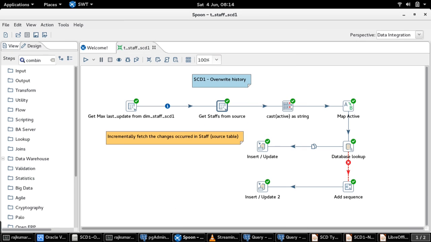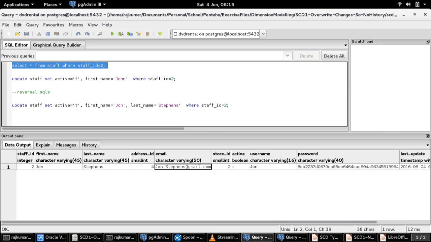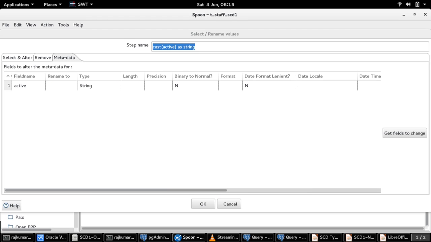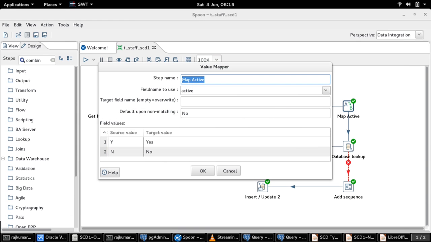Then the steps that follow are a select values step where we change the metadata, or the data type, of the active field to a data type of string. If you see in the source table, the data type of the active field is boolean and we would want to change it to string data type, hence this particular step is done. This is followed by a value mapper step where the source to target value translation is done,